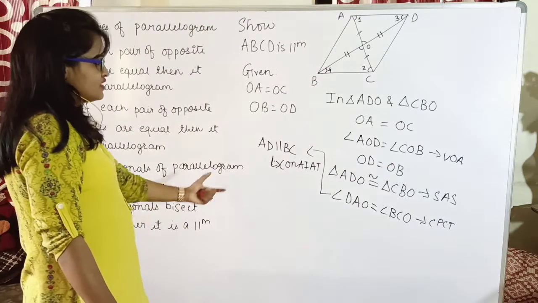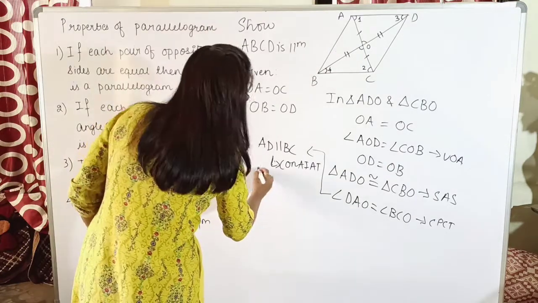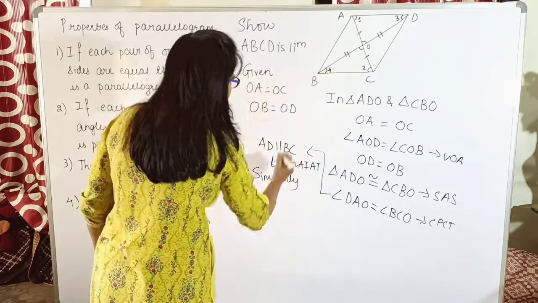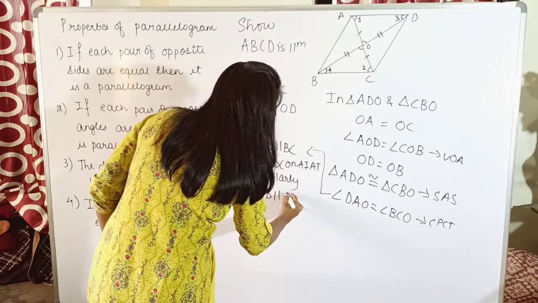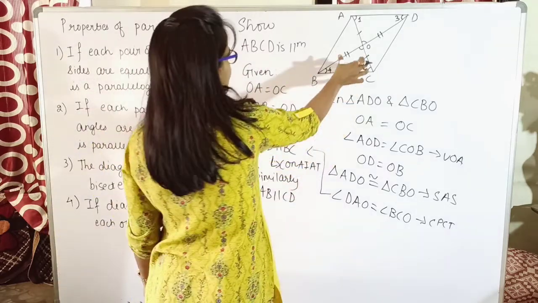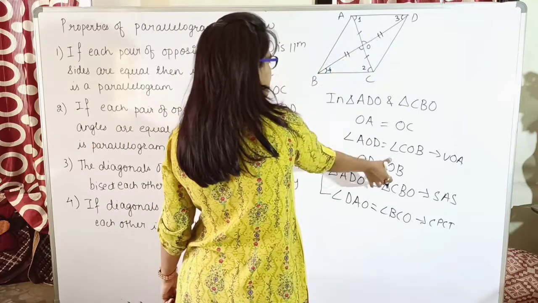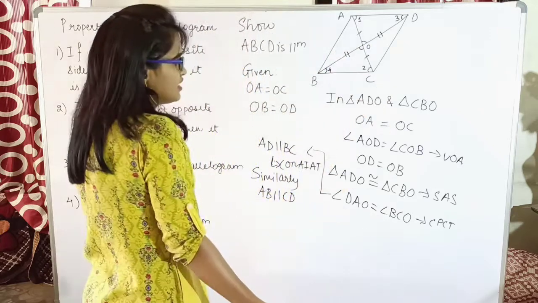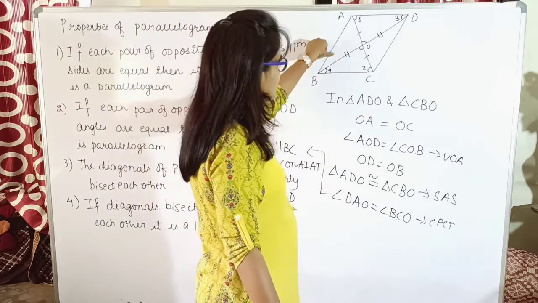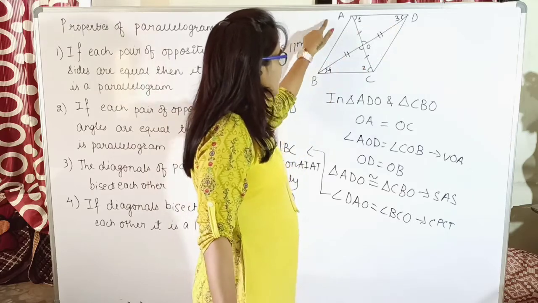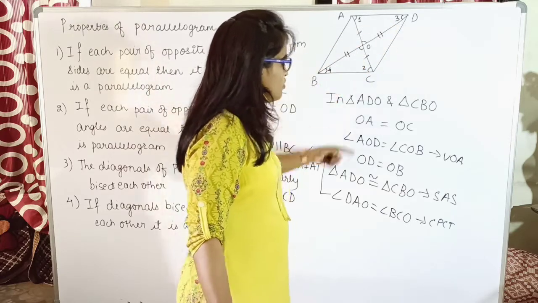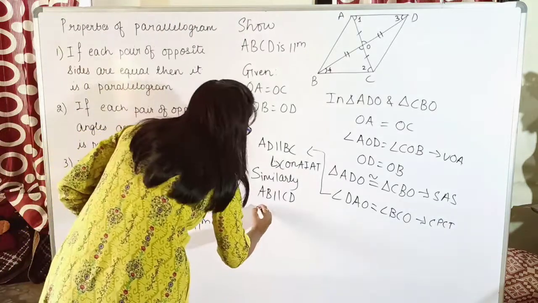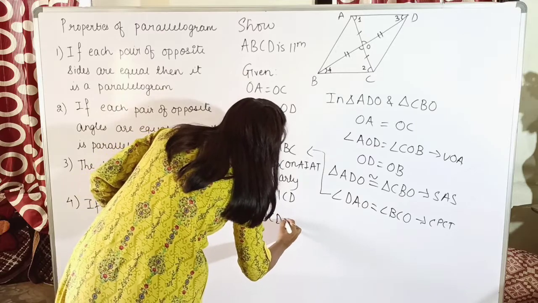Yes. And if these two lines are parallel, similarly I can show the other pair also parallel, AB and CD. For that, what will you be doing? For showing AB and CD as parallel, take these two triangles and show them as congruent in the same way. This side is equal to this side, and these two angles are vertically opposite, and hence this angle will be equal to this angle, right? Angle ABO will be equal to angle CDO, and therefore AB will be parallel to CD.